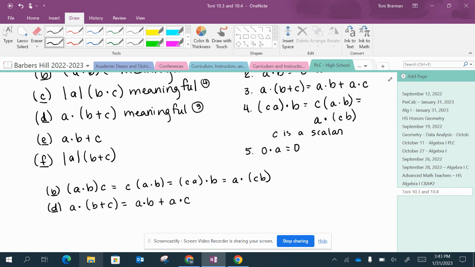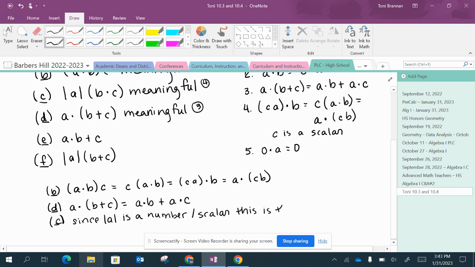A length is just a number. It is a scalar, right? So it's like C. So we can say that since the length of A is a number slash scalar,